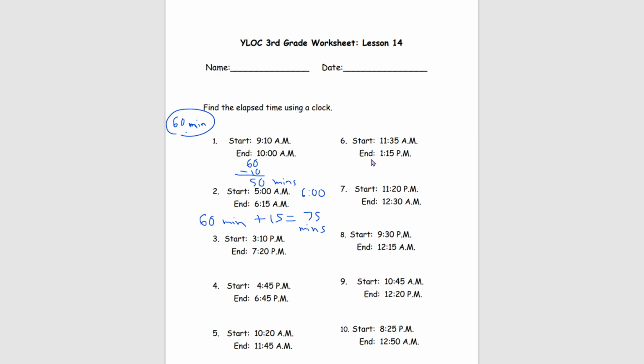For number 6, we have it starts at 11:35 a.m. and ends at 1:15 p.m. However, this time we can notice that there is a change, meaning that it goes from a.m. to p.m. So we know that it passes 12. And in our clock, we know that it goes 11, 12, and 1. So, looking at this, we know that 11:35 a.m. is in the morning, while 1:15 is in the afternoon, meaning that we can just figure out the time between